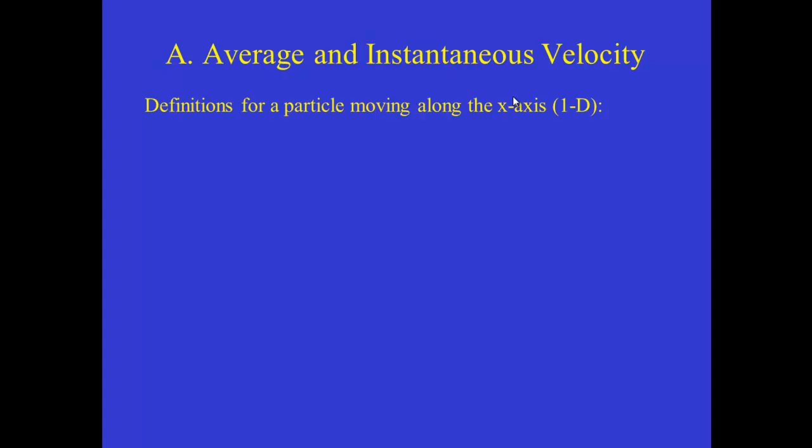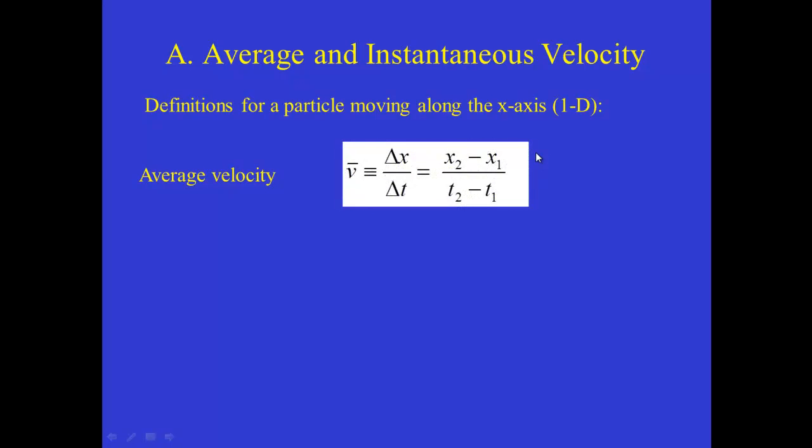But first of all, realize that what we're describing is the motion of an object, a particle perhaps, it could be a car, it could be a bowling ball, whatever. It's constrained to move along a single direction, forwards or backwards, but along just the x-axis. So it's one-dimensional motion. The average velocity, which we think of as distance per unit time, is defined quantitatively as